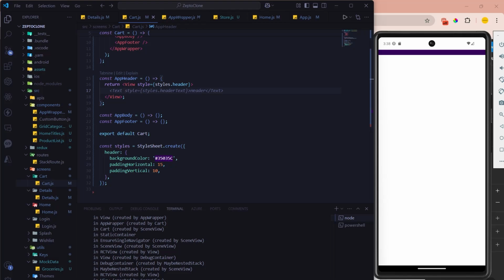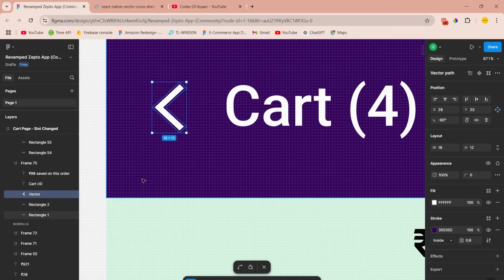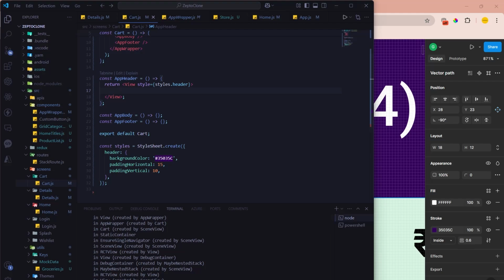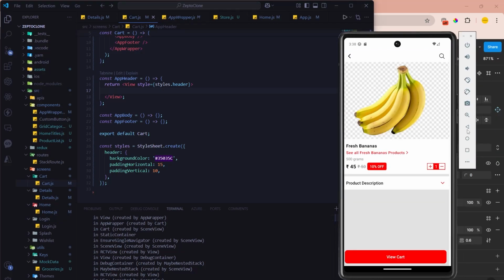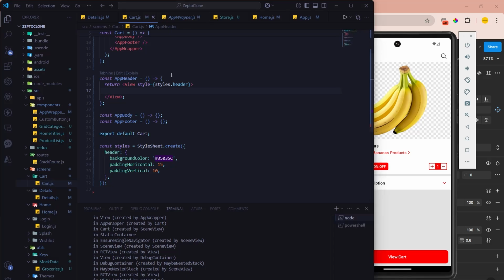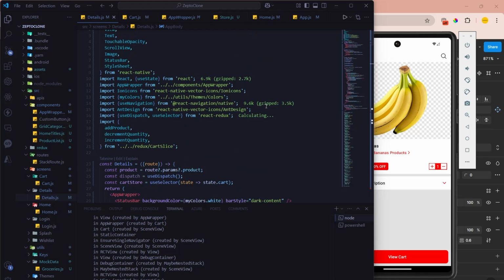And let's pass the first child in this header part. If you see, let me zoom in. There is one icon, right? I can jump in directly here, or else we can use the previous screen's back button also. If I go back and click on this, see, this is the same icon, right? I can copy the details from there. Here we are using AntDesign icons. Let me copy this import line,